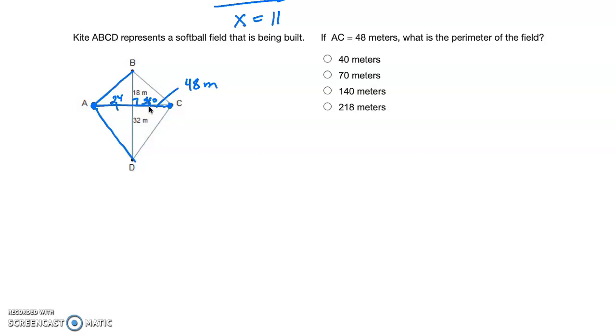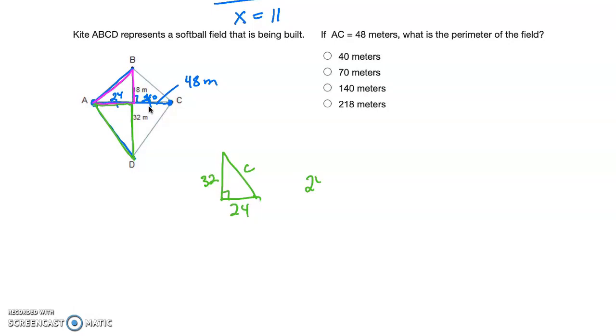And I'm going to take a look at this triangle here. And so I've got one triangle, my green triangle, I'm just going to draw it this way, is 24, 32, and I need to find, this is a right angle, so I'm going to call it C, because C squared. And remember, we're going to use our Pythagorean theorem, which is a squared plus b squared equals c squared. Well, I could say 24 squared plus 32 squared is equal to c squared. And I could solve that, and we would end up getting c is equal